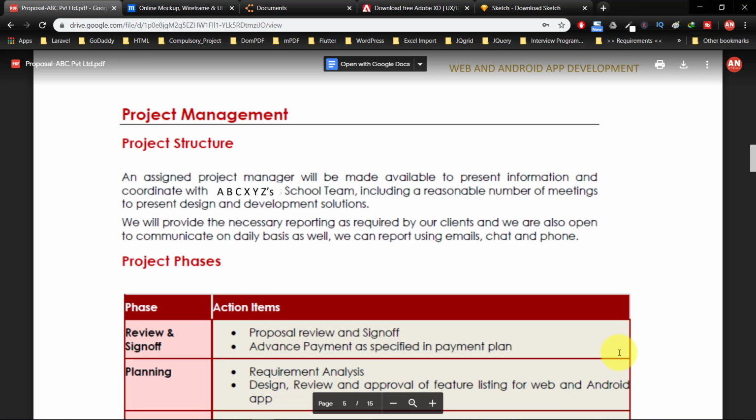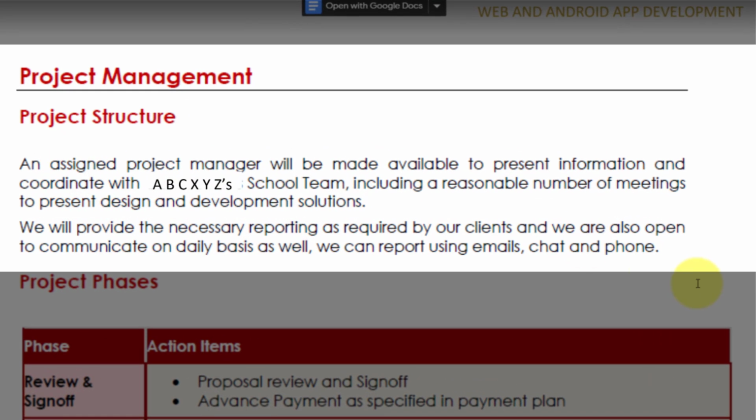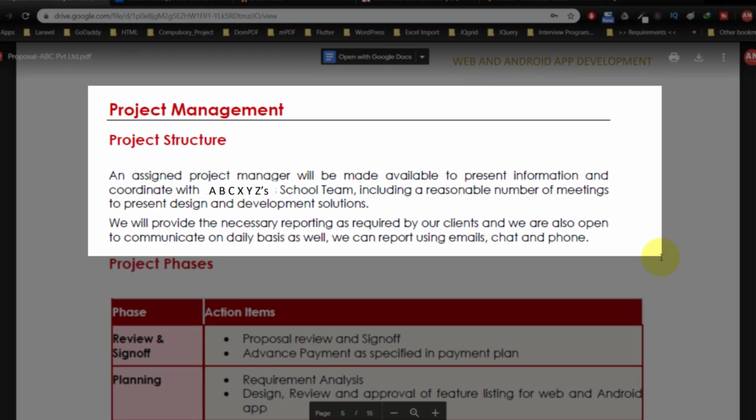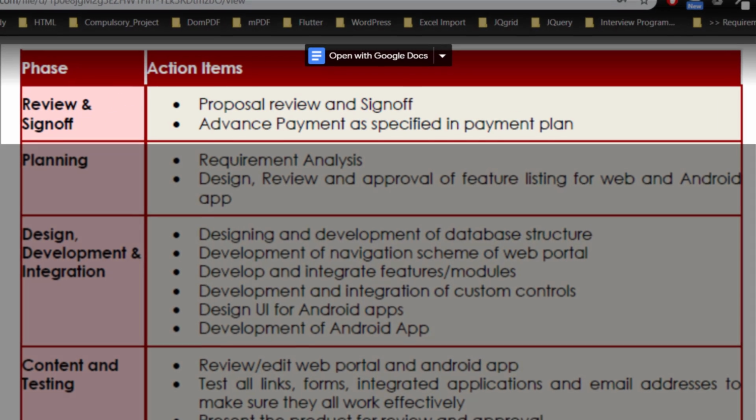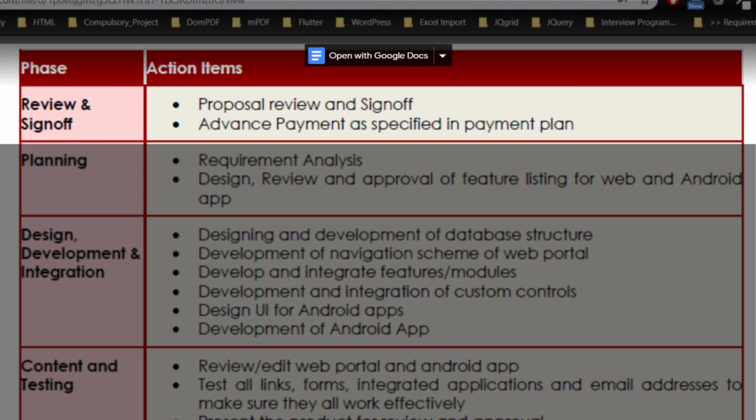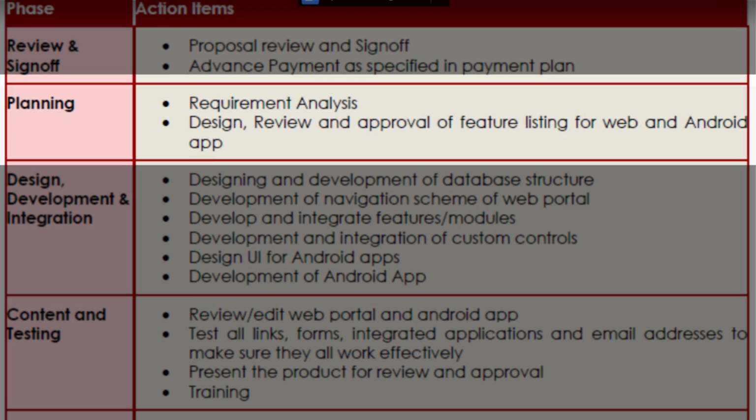Then project management. Project structure. An assigned project manager will be made available to present information and coordinate with XYZ schools team, including a reasonable number of meetings to present design and development solutions. We will provide the necessary reporting as required by our clients, and we are also open to communicate on daily basis as well. Project phases: review and sign off, proposal review and sign off, planning, requirement analysis,